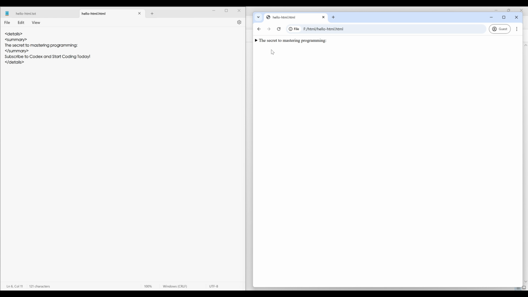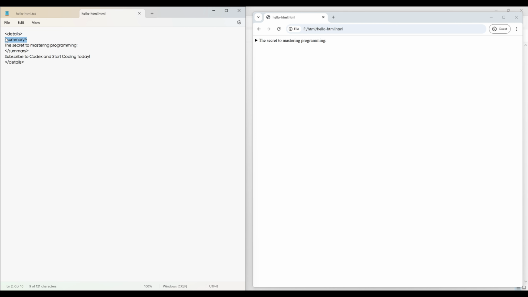Whoa, what happened? Where is the second line of text? You remember we had 2 lines of text before we reloaded this page. Okay, let me show you. Just click this text and see what will happen. Interesting. After clicking it, the second line appears. And when you click again, it disappears again. Amazing, right? So what we did here is just add several HTML tags, and it did some magic to the